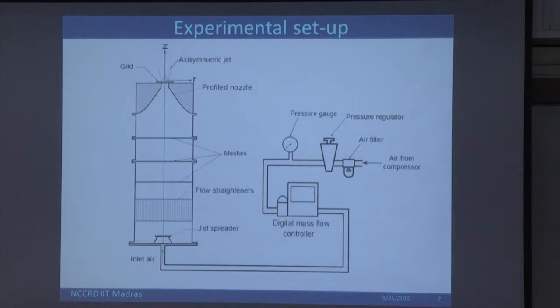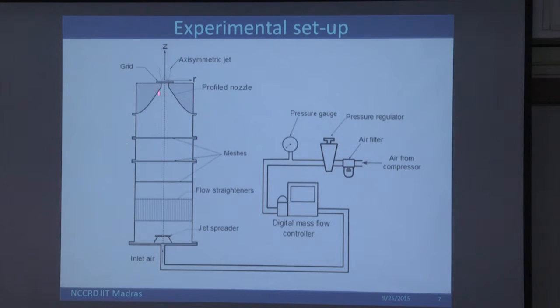So in our study, we have a vertical wind tunnel. The wind tunnel has a flow straightener because the incoming air might have large scale eddies. The large scale eddies have to be broken into smaller scales. There are several measures kept for that, to break the eddies and make them smaller and smaller. There is a profile nozzle, as sir would have discussed about the construction of the wind tunnel.